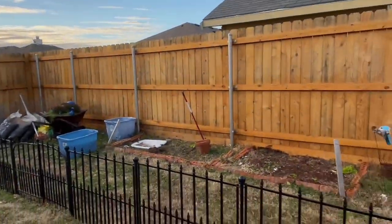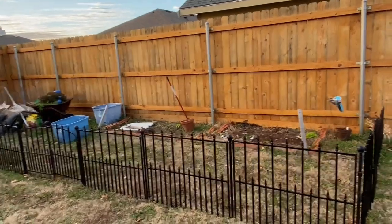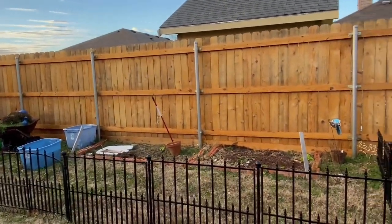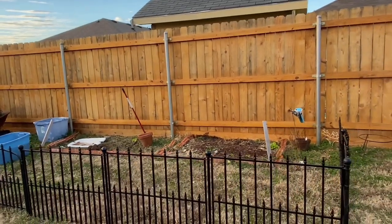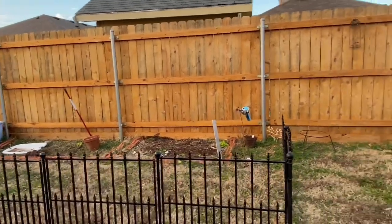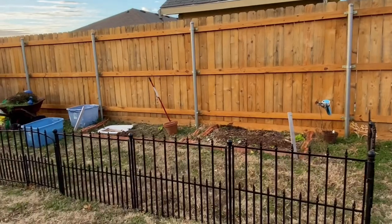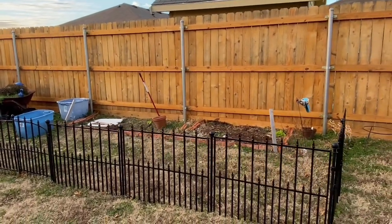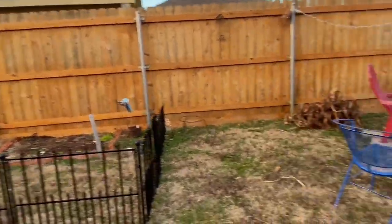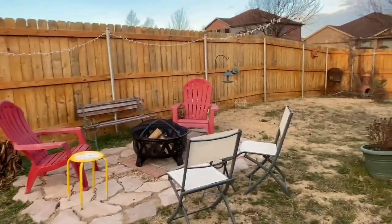Gonna come out here and kind of clean up this garden area. I will not get it all done today, I'm sure. I'm gonna try to build some raised beds. I've seen people do it with cinder blocks or something like cinder blocks where the boards fit in there. I'm gonna have to pull some pictures up of that. If not, I'll just use some 2x4s with some treated wood